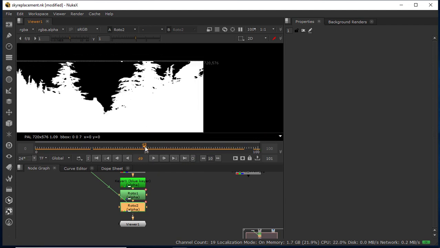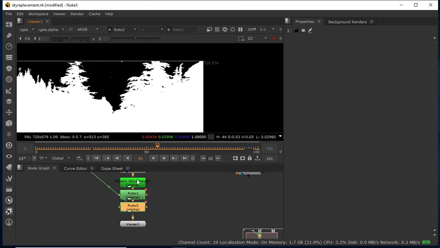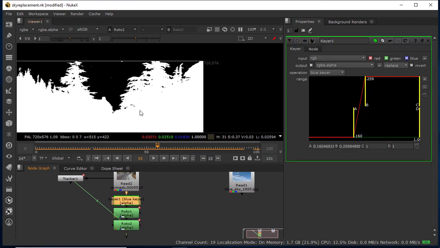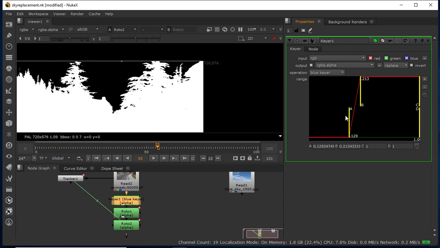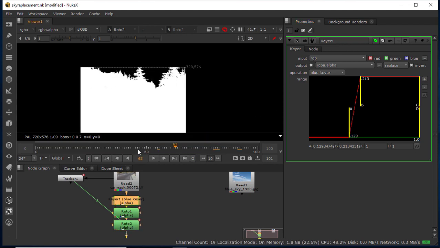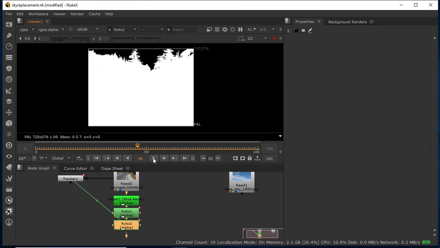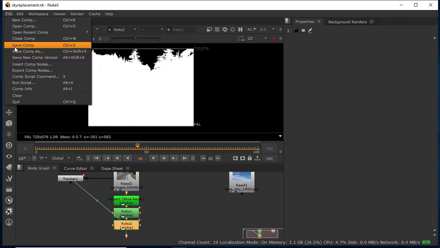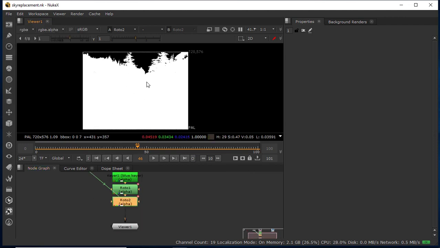I think in your background you will see some blinking there. Then adjust your keys a little bit. Then select your keys. Now adjust a little bit. Now this is sufficient. Now just press A and check your alpha channels. Now this is perfect. So till here just save your project. Now click on file, then save your project. Now just press A and check.